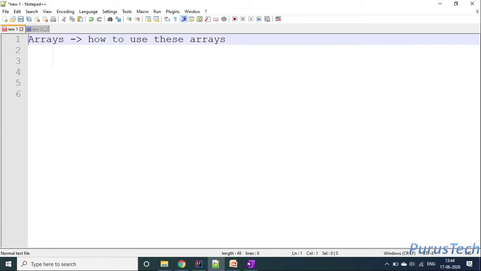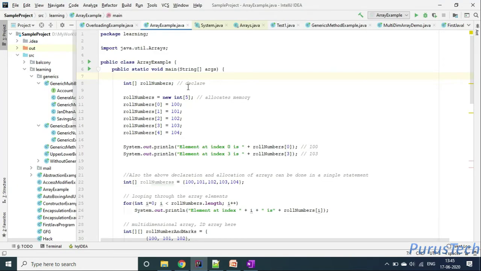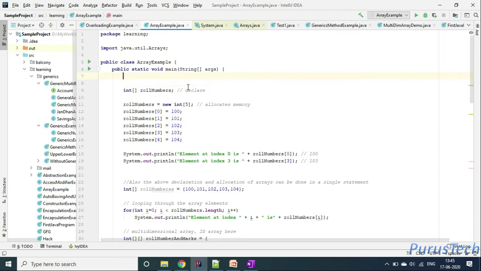In this session we are going to learn about arrays and how to use these arrays. So let's start with the basic definition of array. The basic definition of an array is it's a container which can hold a fixed number of elements of the same type. Earlier we have seen that if we want to declare a single roll number variable, let's say